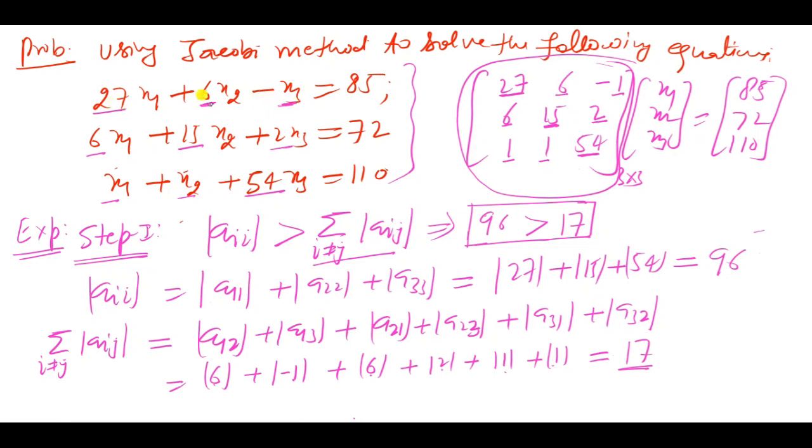So here 27 is greater than 6 plus 1, that is 7, and here mod of a22, that is mod of 15, should be greater than mod of 6 plus mod of 2, that is 15 greater than 8, and here 54 greater than 2. So this is step 1, and if this step is satisfied, in that case the Jacobi iteration method converges. Now step 2,